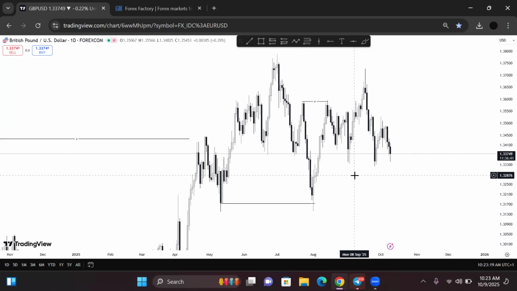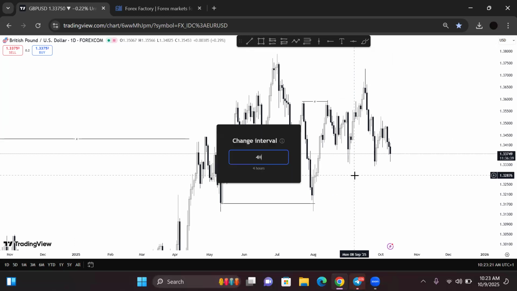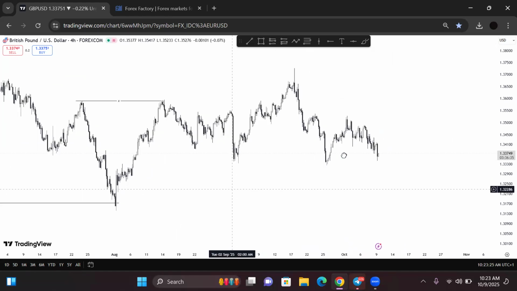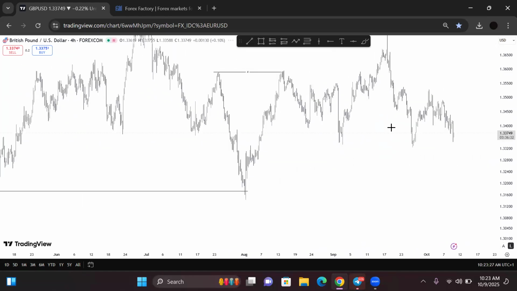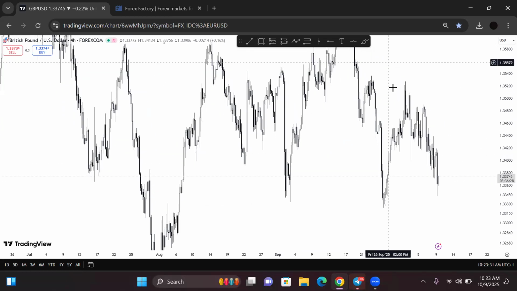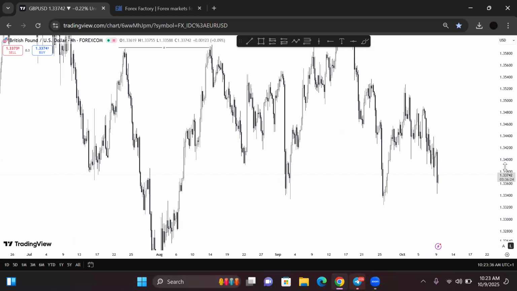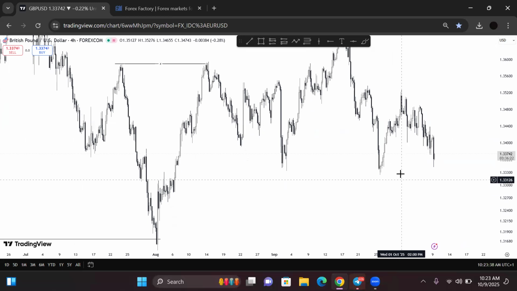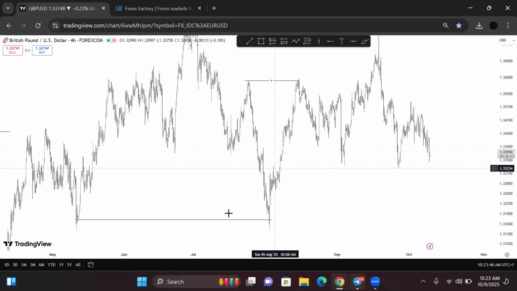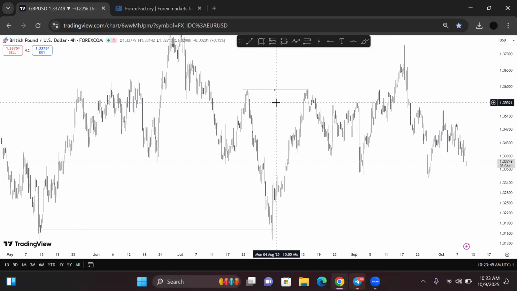All right, let's go to Friday to see. So from this level that we tapped and this break of structure we had,